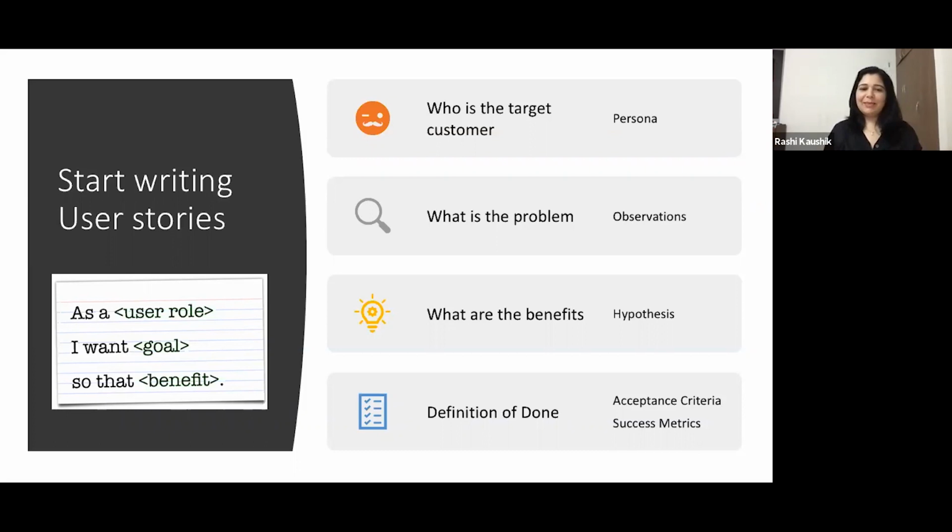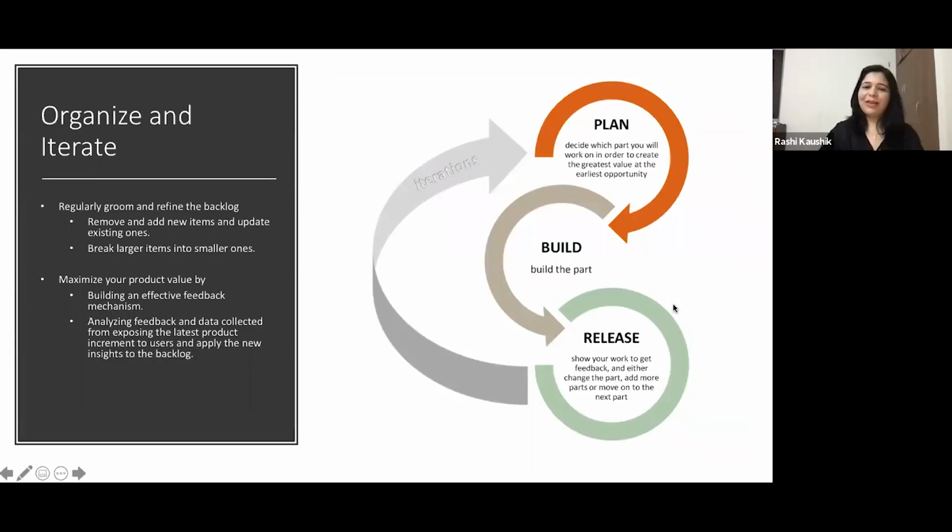So, simple example. The first thing when you are writing a user story is identify your customer. It's very important to identify the problem you are solving for the customer. Find out the benefit of solving. And finally, it's important to have an acceptance criteria and a success metric for every story that you write. Make sure when you're writing your user stories, you keep yourself limited to these things and you don't really go into solutioning. So let the engineers take care of the solutioning part. You should keep yourself limited to this much. Okay. Now moving on.